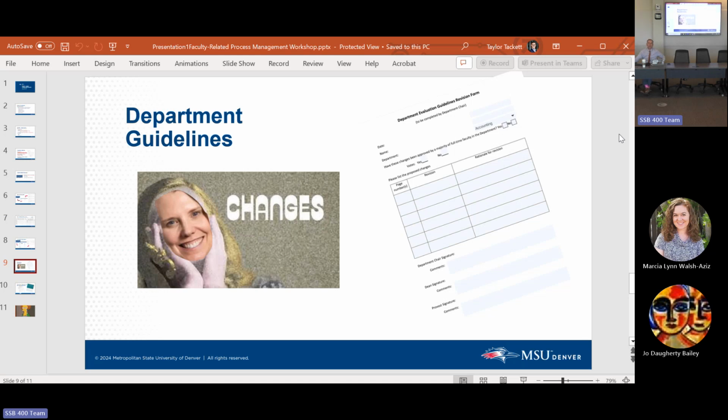There's my meme. Okay, so department guidelines changes. For the most part, all of you have done a really good job of using this form to submit changes. It's available on our site. When a department would like to have some changes made, it allows us to collate and organize the justifications for those changes.